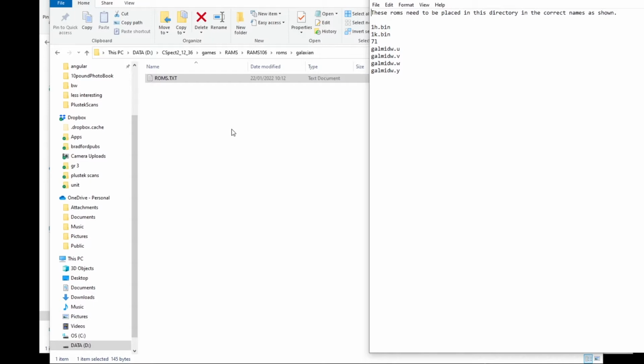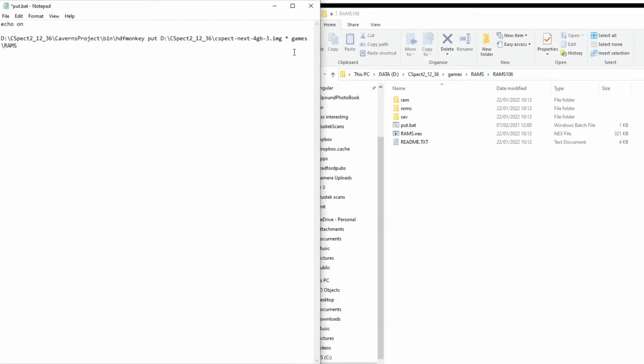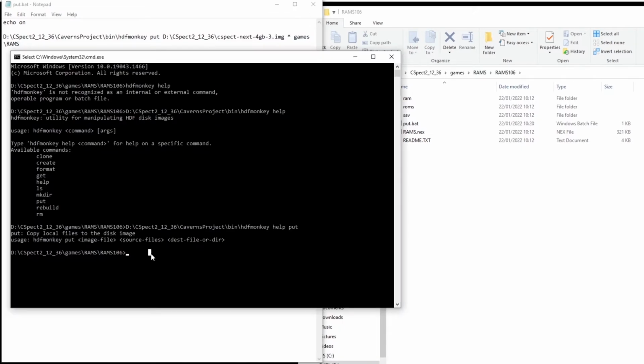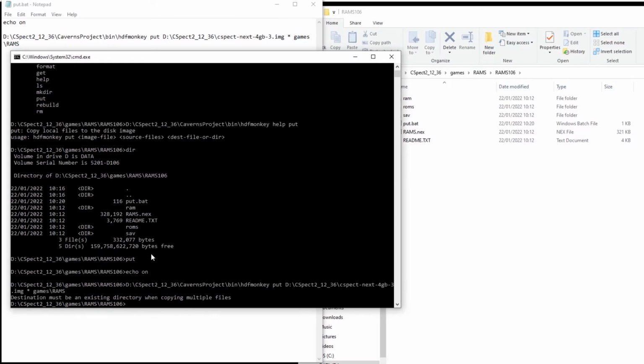So looking in the ROMs.txt for Galaxians, it tells you which ROM files you need. So I have to go away and get those. And then I don't have a Next at the moment, so I'm going to upload these to CSpect. So first of all, I'll try and run a HDF monkey command to put the new files into my CSpect image. This failed because you need to have a R.A.M.S folder in your CSpect